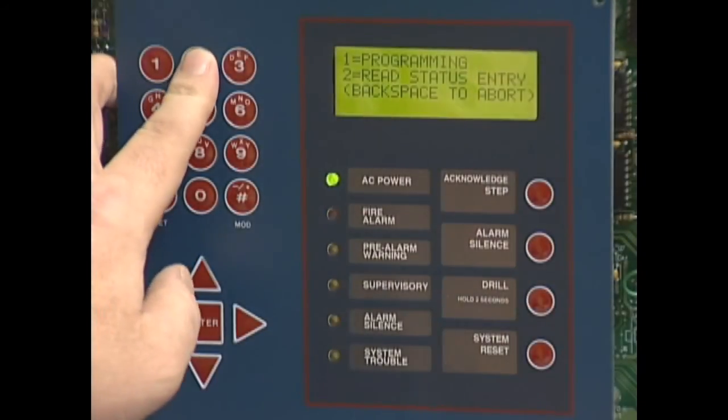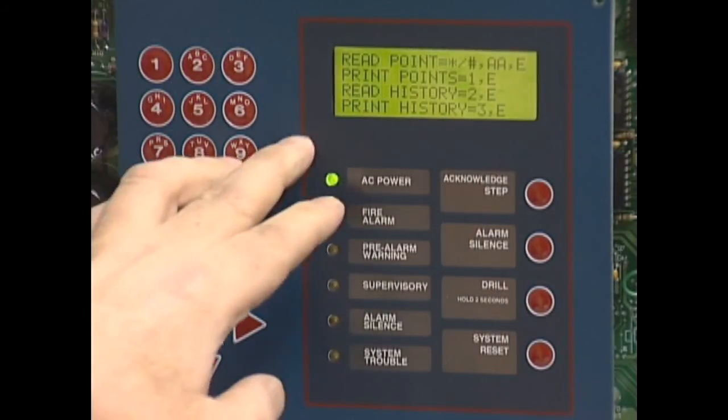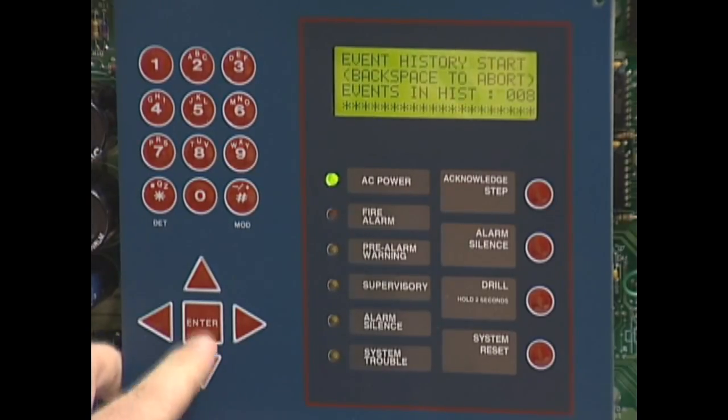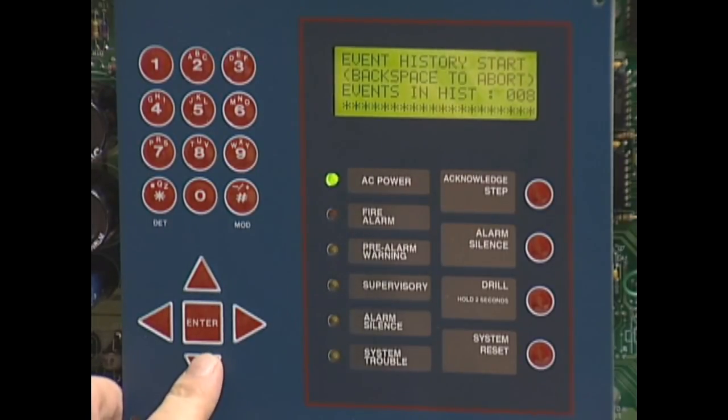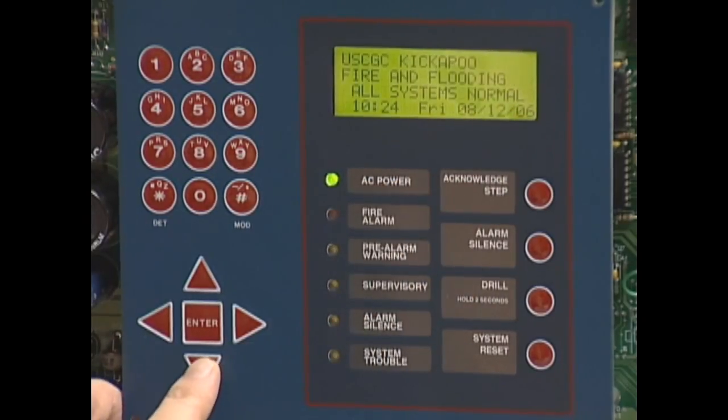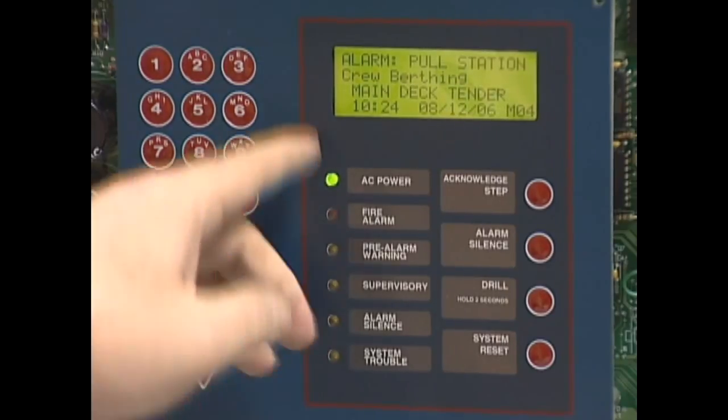Now I'm going to show you how to use the history buffer. Press your enter key, press 2 for the read status entry, and then it asks you, press number 2 and enter to read your history. Now use your down arrow key to walk through the events. This panel currently has 8 events on the history buffer. As you walk through, it will show you each of